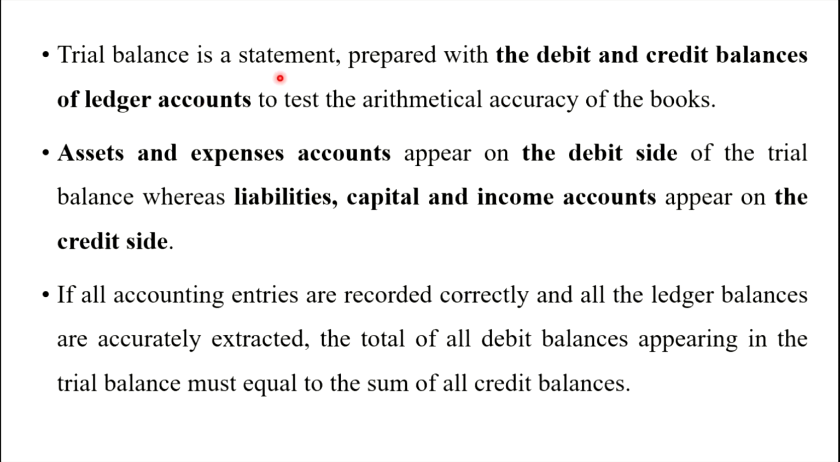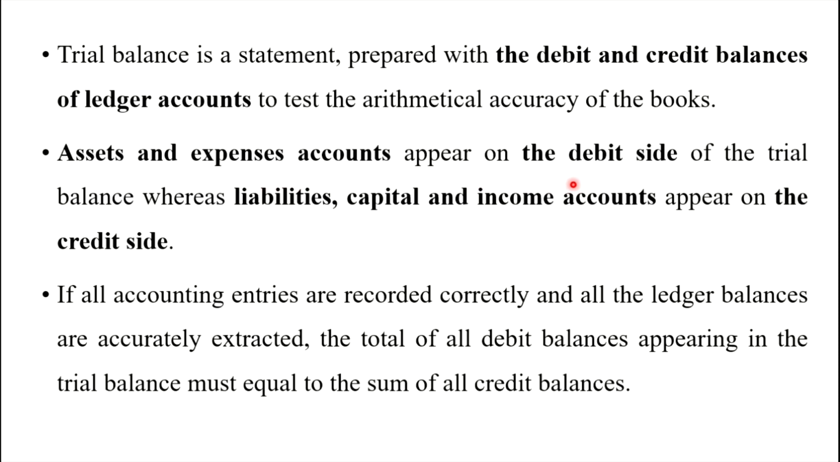Trial balance is a statement prepared with the debit and credit balances of ledger accounts to test the arithmetical accuracy of the books. In trial balance, we record all assets and expenses accounts. Assets means cash, stock, machinery, electric motor, all are examples of assets that we record on the debit side. Expenses means salary, electricity bill, telephone bill, fuel charges, labor charges, all are expense accounts that we record on